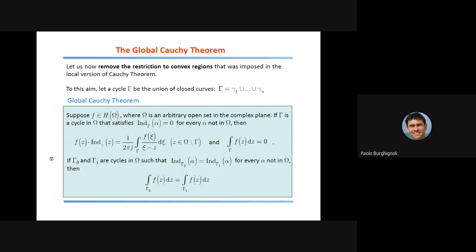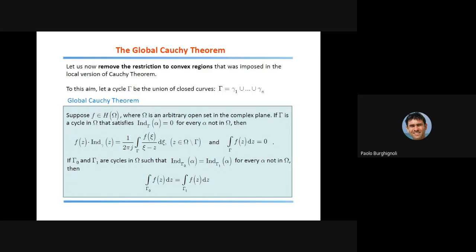As a consequence, but this is stated explicitly here in this box, if you have two cycles, gamma 0 and gamma 1, both in omega, which have the property that the index of any point alpha outside omega is the same for the two cycles, so the index with respect to gamma 0 is equal to the index with respect to gamma 1. So basically, those two cycles wind the same number of times around any point which is outside omega, then we may conclude that the integral of your function f over gamma 0 is equal to the integral of the function f over gamma 1. So we have a criterion for deciding when the integration domain can be changed without changing the value of the